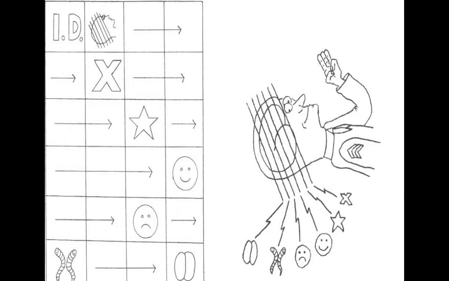This mnemonic has been given to remember or to make reading the head CT easy. The 6 essential sections of the head have been given 6 terminologies. As we start from the base of the skull to the top, they appear as X, star, Mr. Happy, Mr. Sad, worms and beans. So you can remember it this way. You see how.